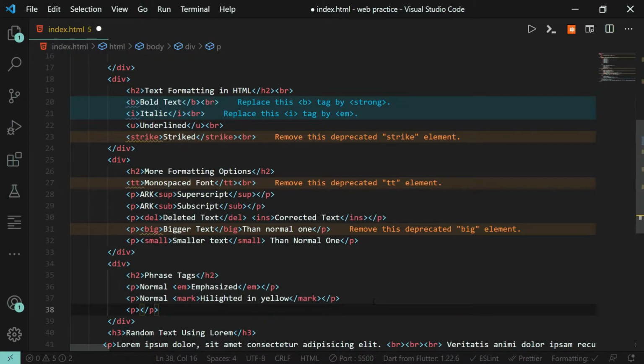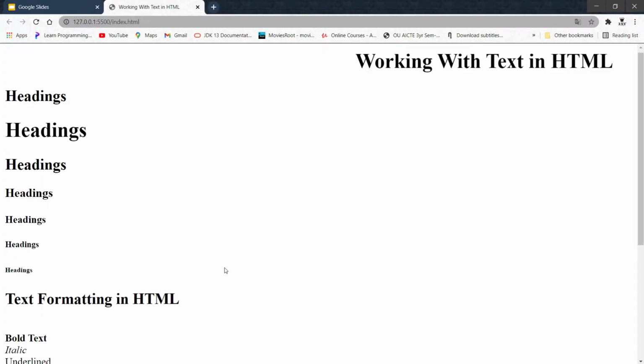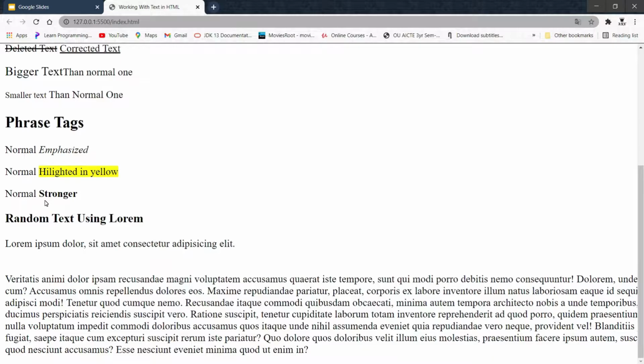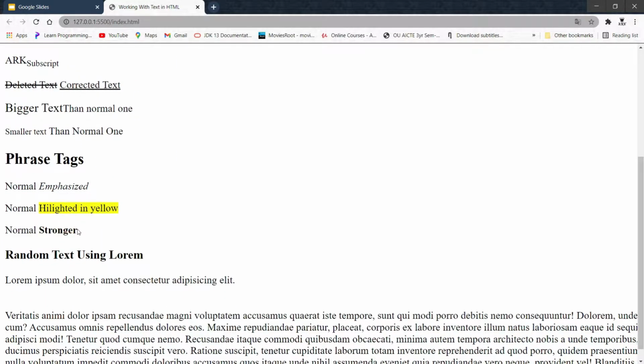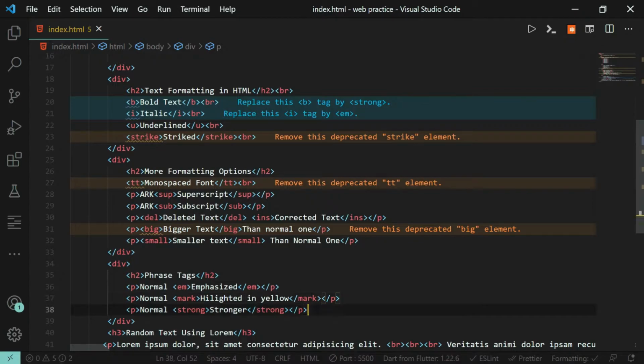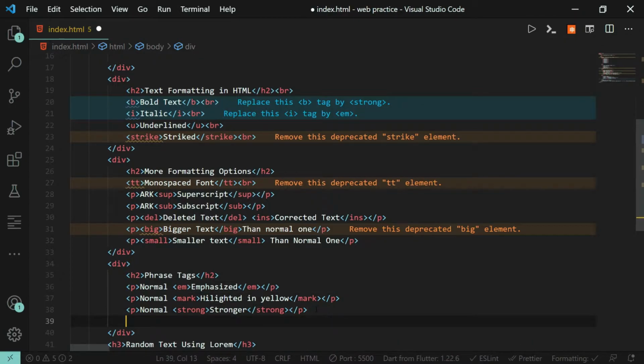Let's create another paragraph. Let's write normal. So this one is the strong tag. It works similar to bold, but it's not bold, it's strong text. Let's write stronger. Okay, so let's compare it. As you can see, this is our stronger text. It looks similar to bold, but strong has semantic importance. That means along with developers and viewers, strong also explains to the browser that this particular text is stronger or emphasized more